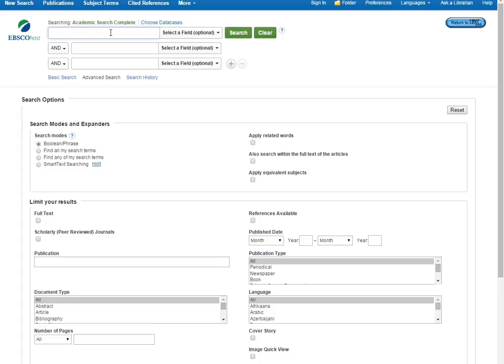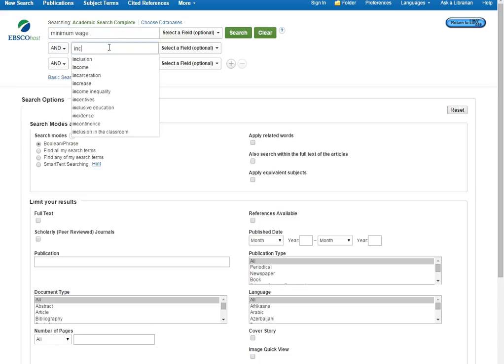Whenever you do a search in a database, you really want to look at the research question that you're given, try to find the main concepts within that sentence or question, and then come up with any related words or synonyms to those keywords that you pick out, and that's what you'll use in the database. Database searching can take a while. You may need to use multiple databases or use different searches over and over again in the same database to get what you need. For example, I can search minimum wage